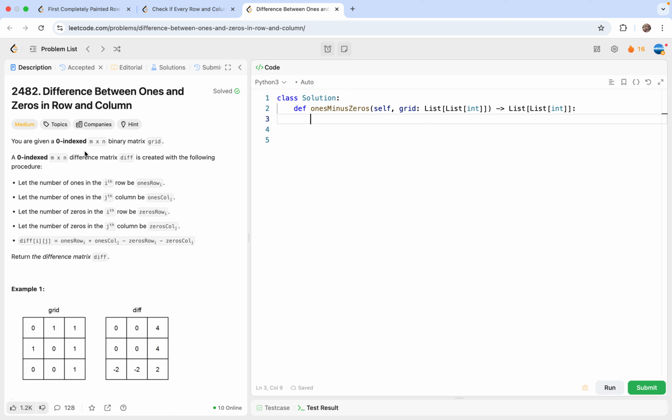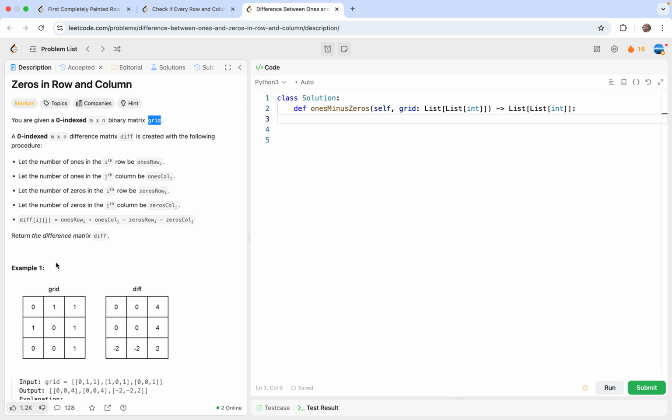Here we are given an m by n binary matrix called grid. In each row, there are some zeros and ones, and similarly for each column. We want to find a difference matrix, which is defined like this. The generic element ij is defined by the number of ones in the ith row plus the number of ones in the jth column, then minus the number of zeros in the ith row and the number of zeros in the jth